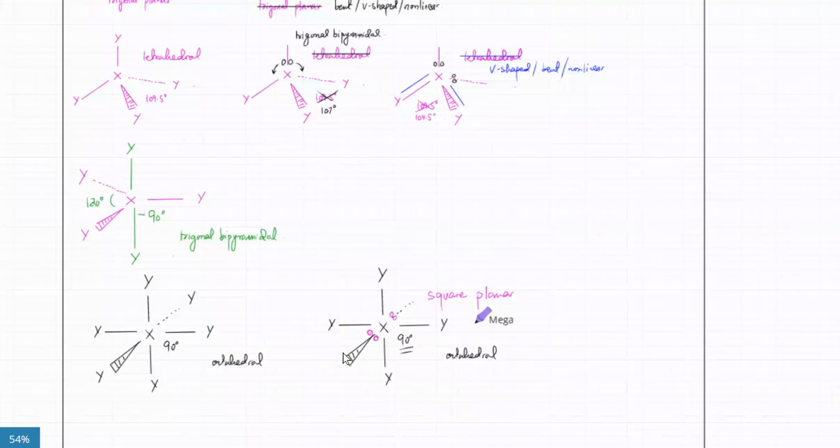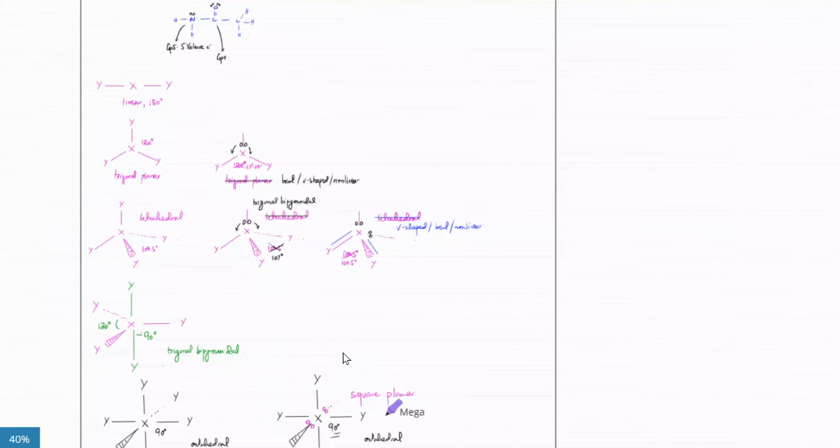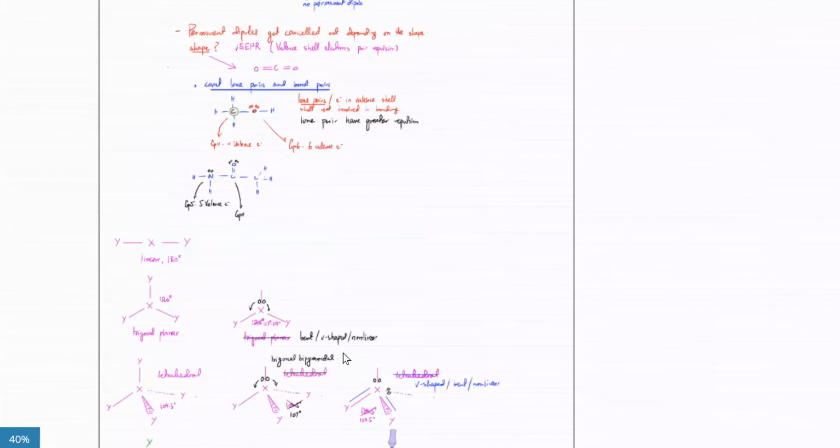So you have to remember all of these shapes, and I'll send a sheet which has all these shapes. So by looking at the atom,